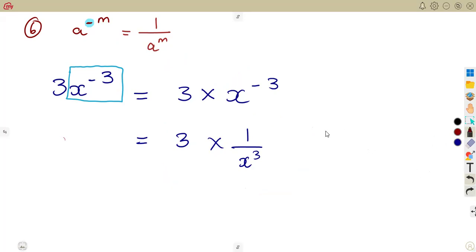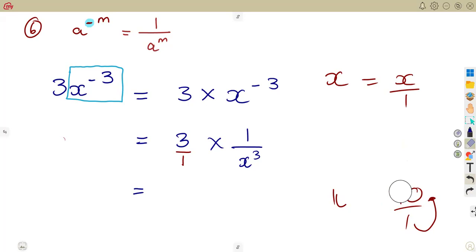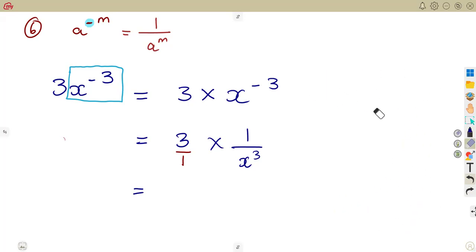Remember our whole numbers. If a number is written 3, it is the same as 3 over 1, every whole number. Even terms like x are the same as x over 1. Every number, 10 is the same as 10 over 1. Dividing by 1 does not affect it. 10 divided by 1 is simply 10. So this 3 that we are seeing is the same as 3 over 1, so that you can properly see that your multiplication here, the 3 is on top,